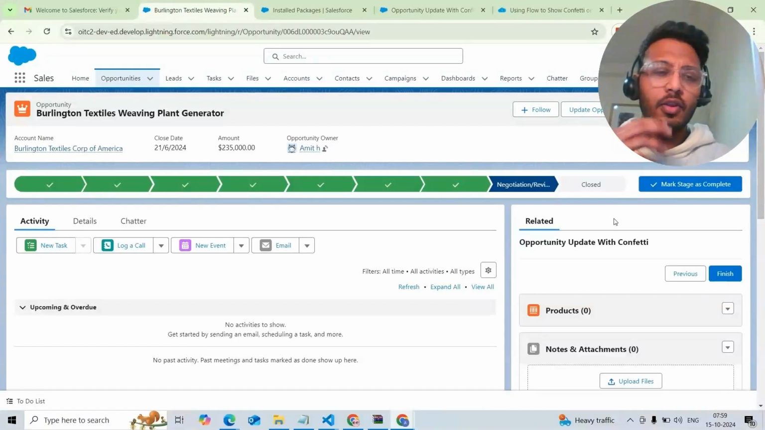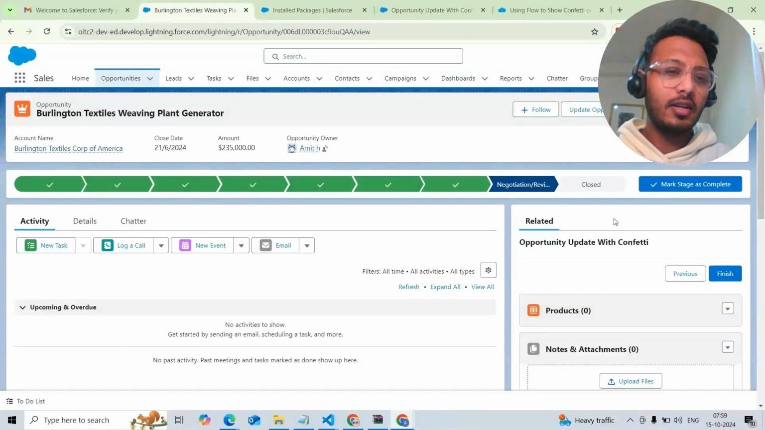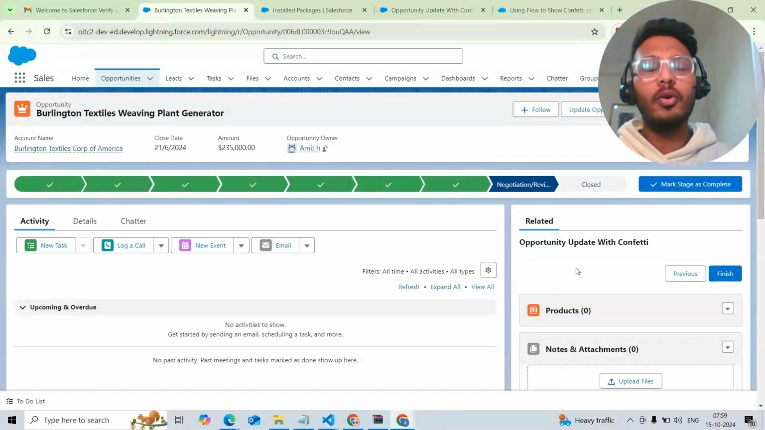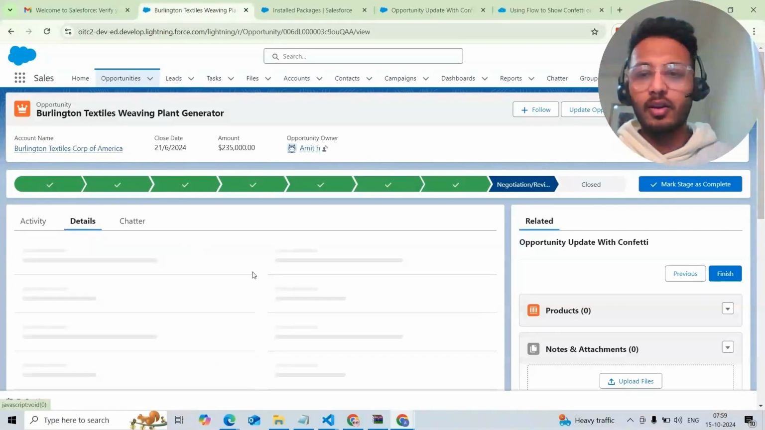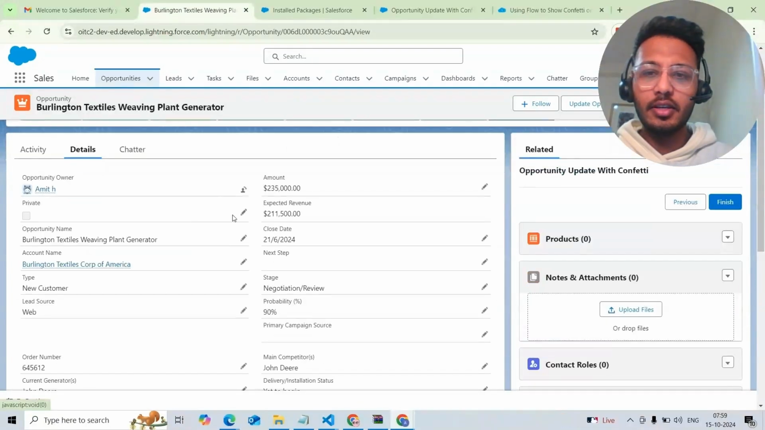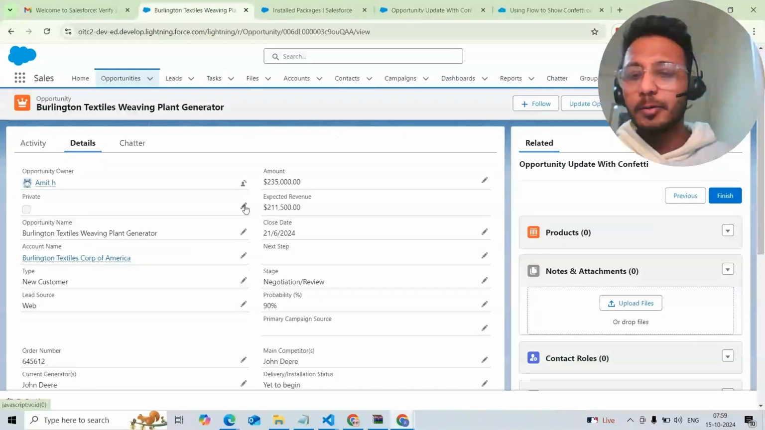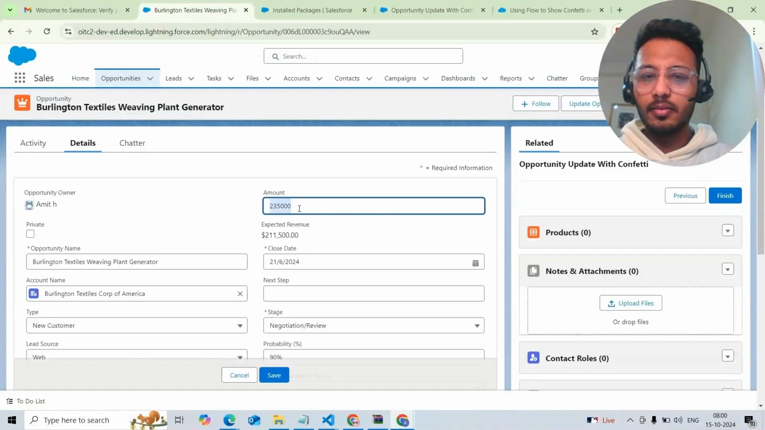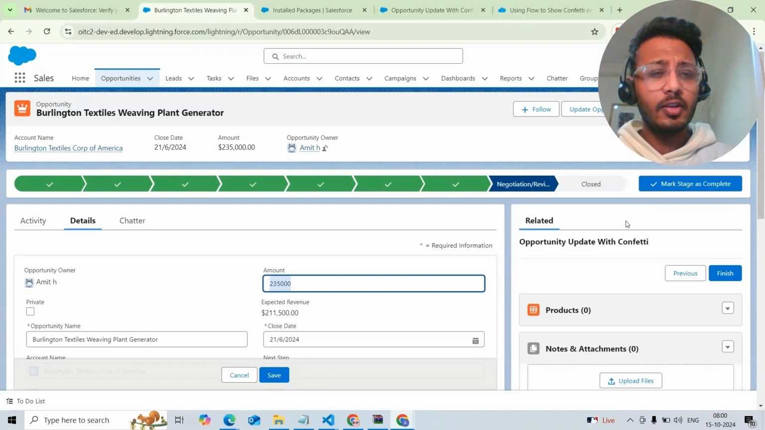There can also be a few requirements where we don't need a screen flow eventually, but we still want to add the confetti on the screen. Let's say we want to do it based on a particular field update from the details section. We say that the screen flow needs to execute when the amount moves to more than a billion. Once that happens, we can set up a screen flow in a way that we are executing an invisible screen flow,